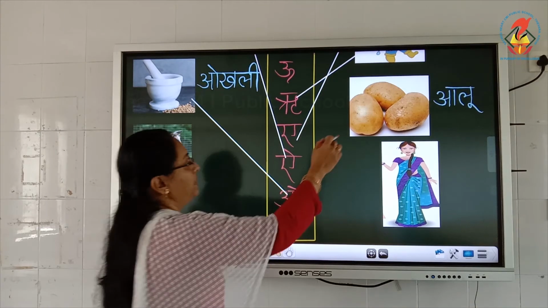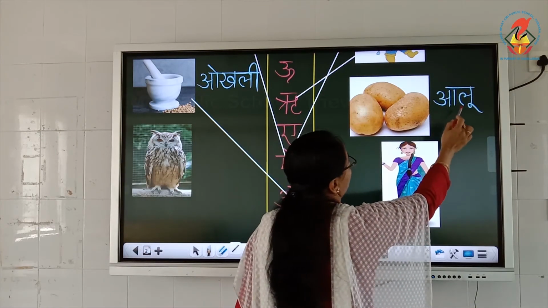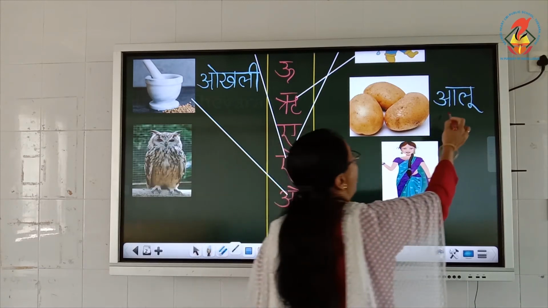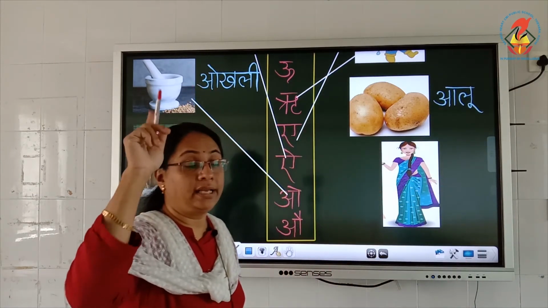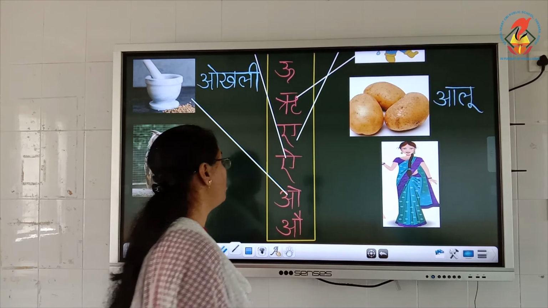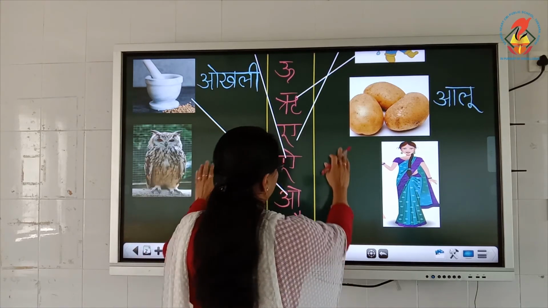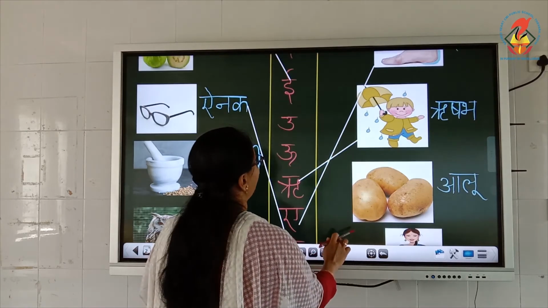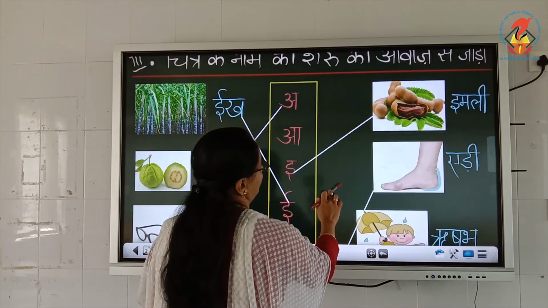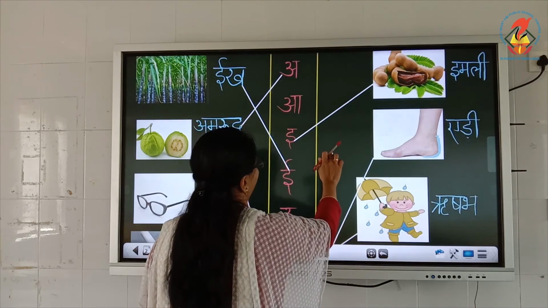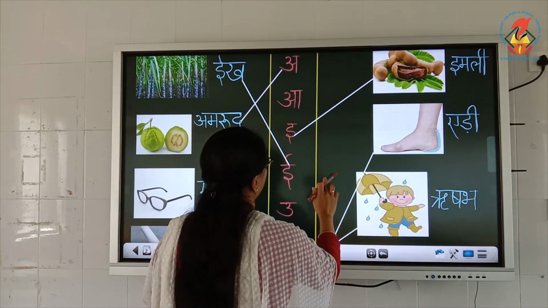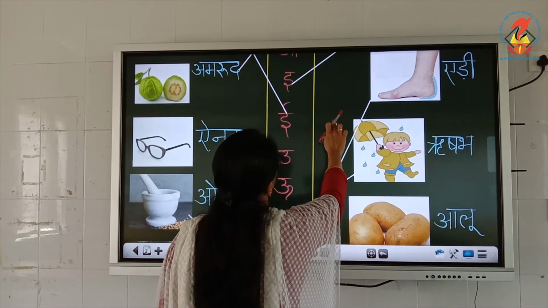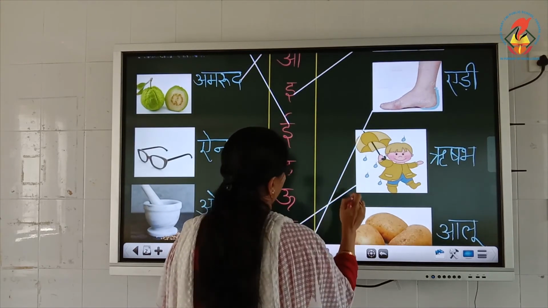अब है, we have written the name for potato. उसको क्या कहते हैं? आलू. Oh, that is in the beginning, the second letter of Swarakshar. So let us take the second letter of Swarakshar. Where is it? चलो देखते हैं. ये आ गया तुम्हारा आ. Okay. Now I need to match that with the picture.